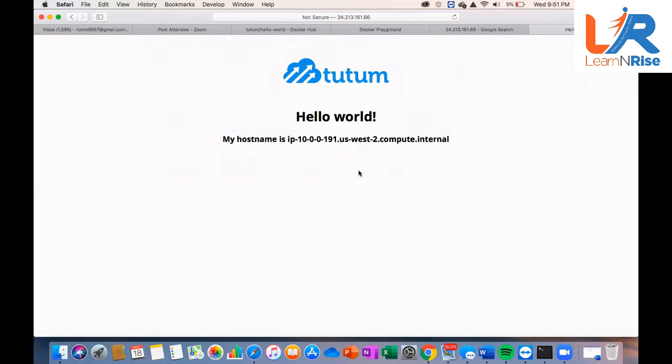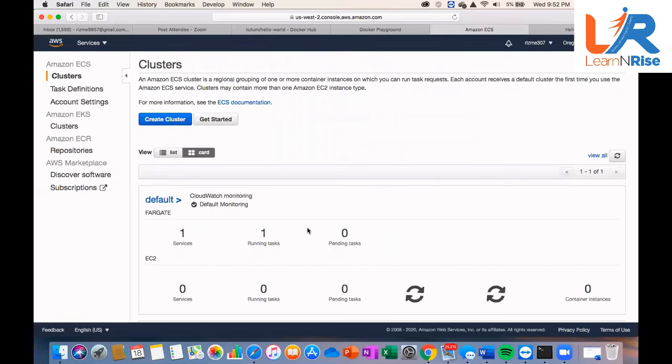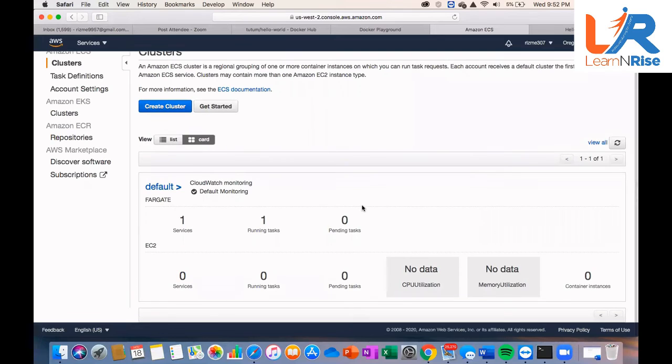But where is this container running? This container is running inside AWS. How can we go back? Go back. Correct. So it will give you the whole data, the whole report, everything.